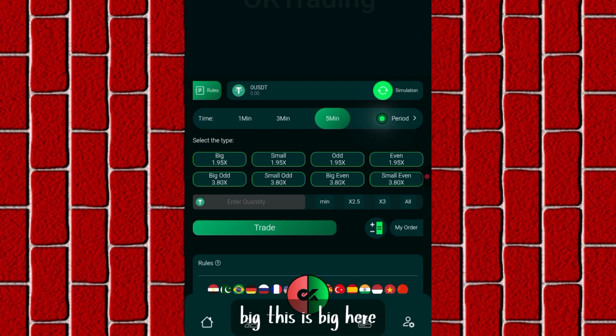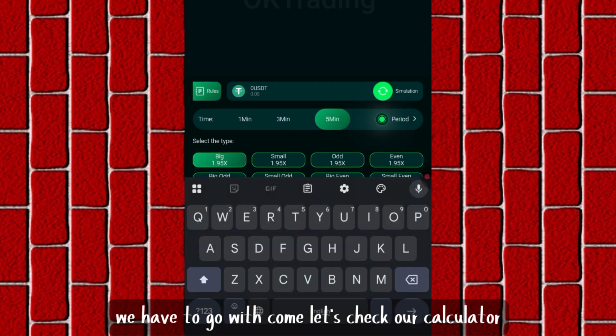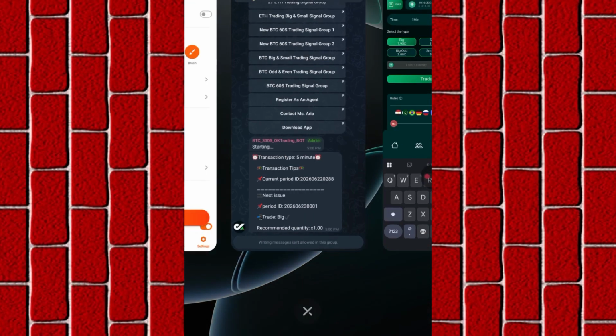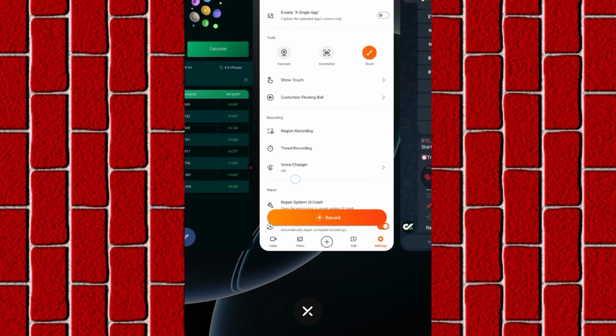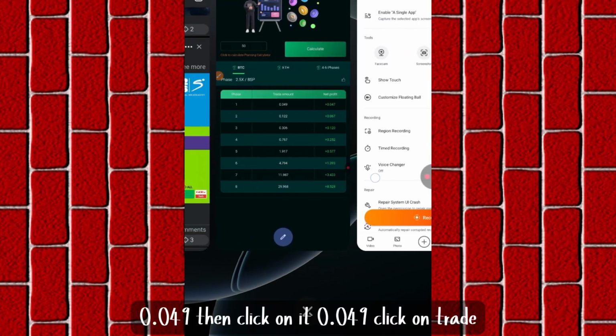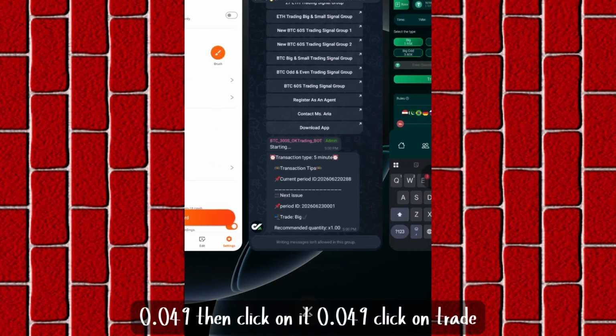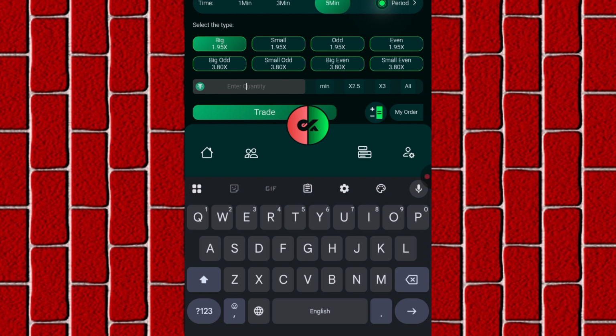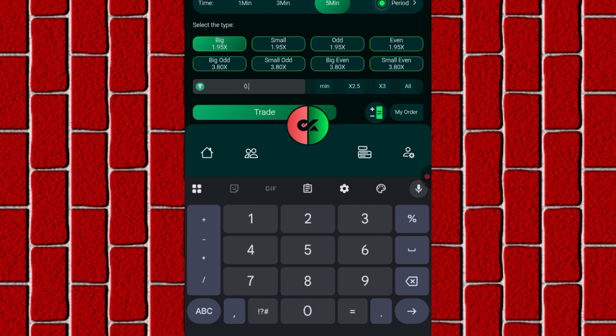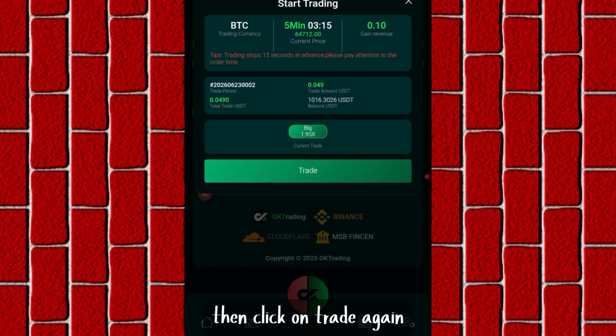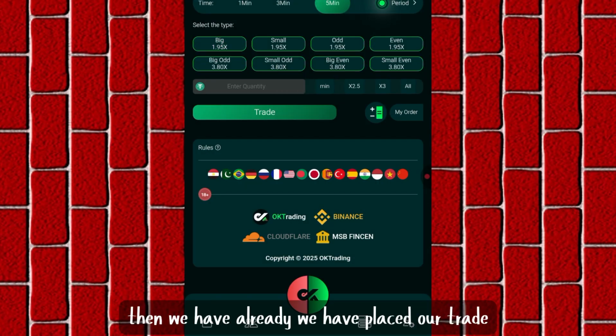Yes, this is big here, and according to our calculator, let's check our calculator. 0.049. Let's click on it. 0.049. Click on trade. Then click on trade again. Then we have placed our trades.